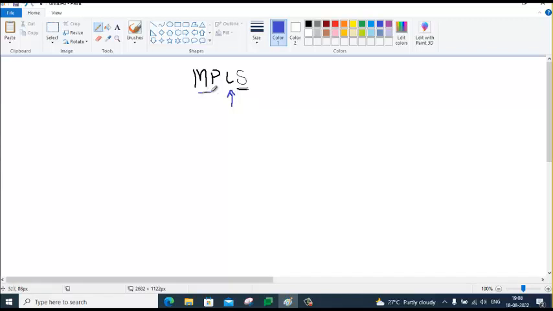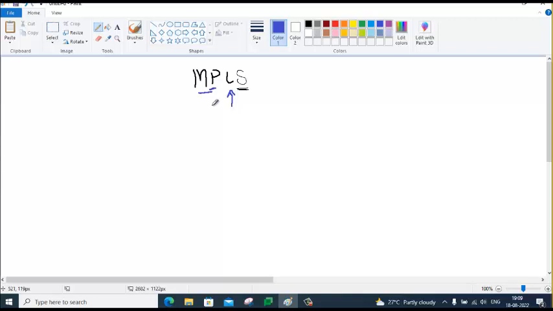See, this multi-protocol. This means this MPLS labeling and forwarding the packet based on the labels can be on any layer 2 encapsulation.